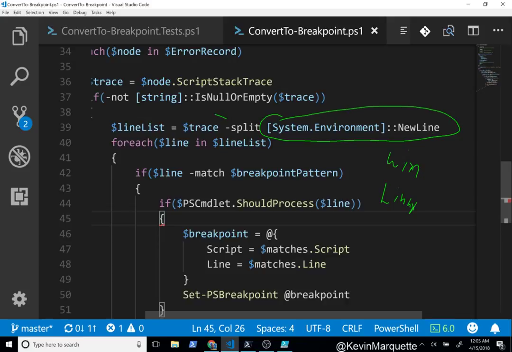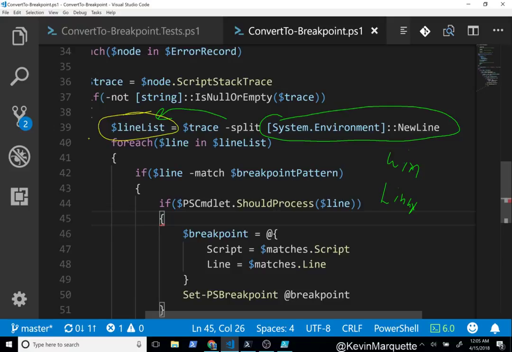So now we get a split if there's a line list. If there's just one item, I don't think there's anything to split, and we'll have a single item in our